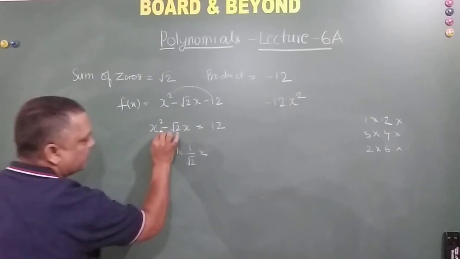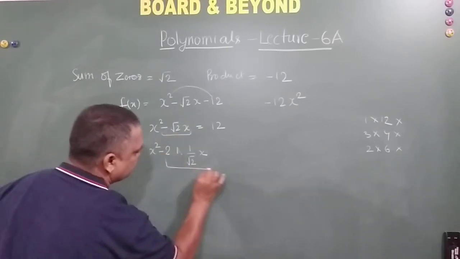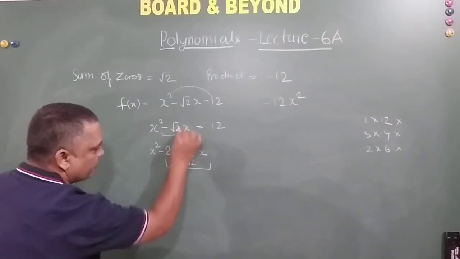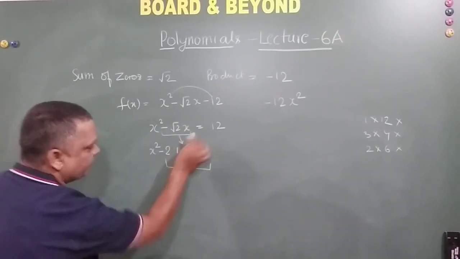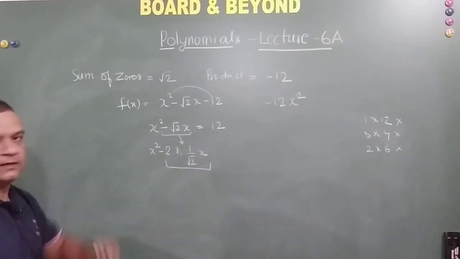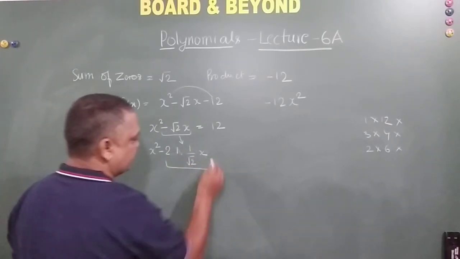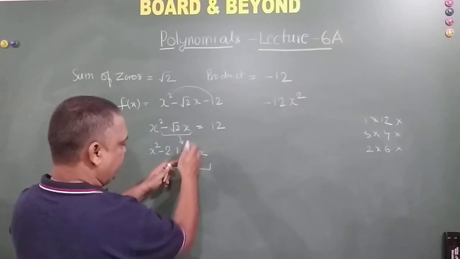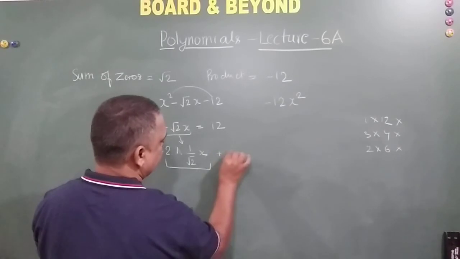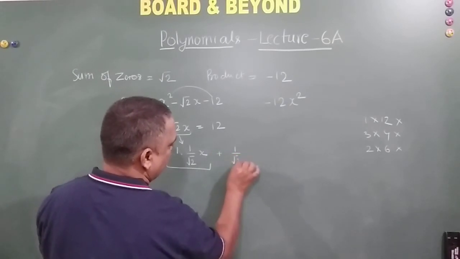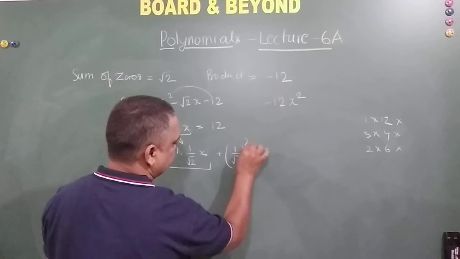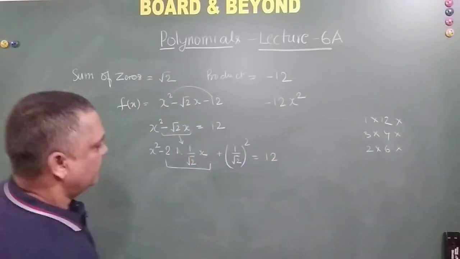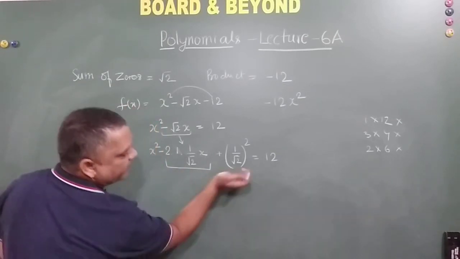Now just try to understand this. Right, friends? Isn't it the same? Both the things are the same. Root 2, when I divide it, becomes root 2. x is there, right? So now we are actually nearing that. Okay. So what have we done? 2ab. This is b, right? So plus b square, that is (1 by root 2) square, is equal to 12. Correct? 12 was the thing, right? So what we have done is we have added this term.